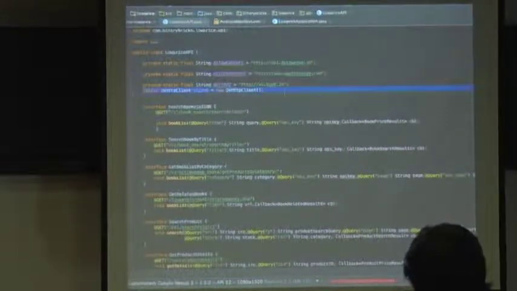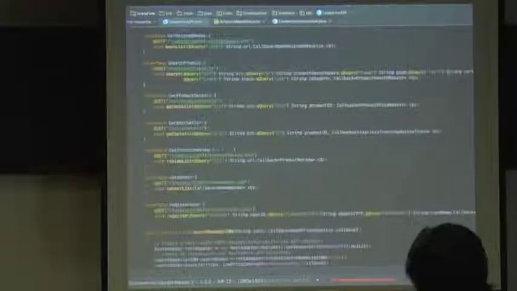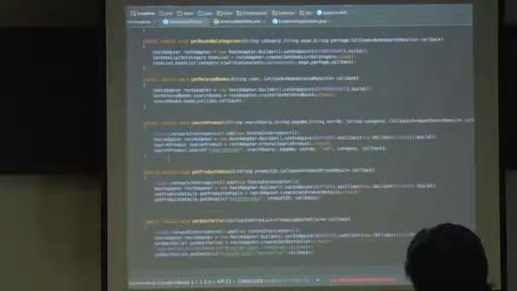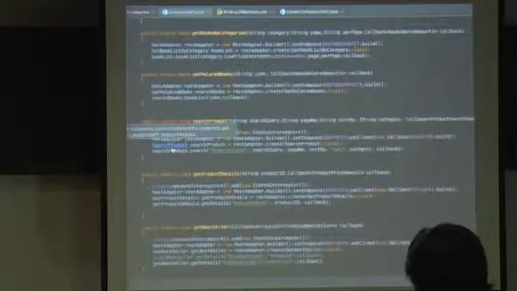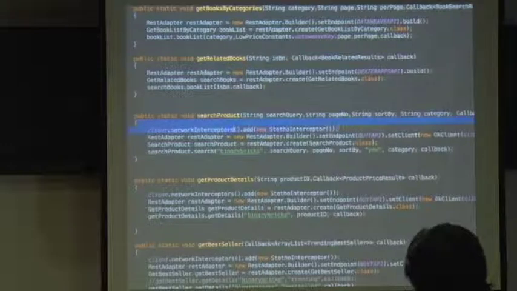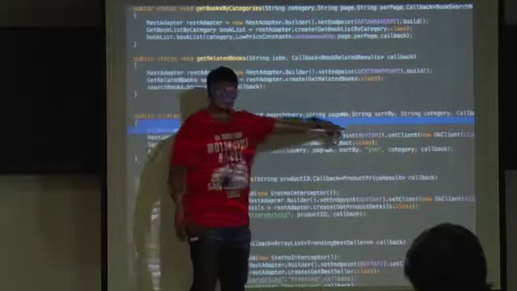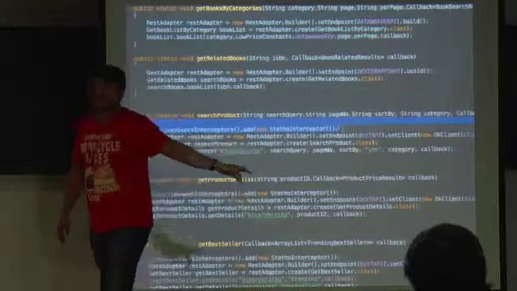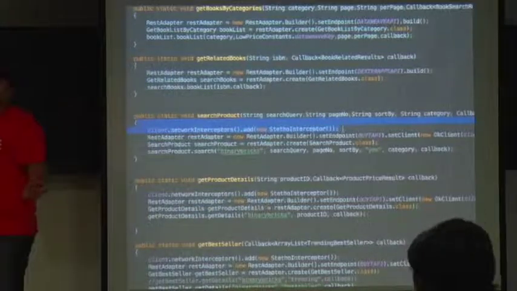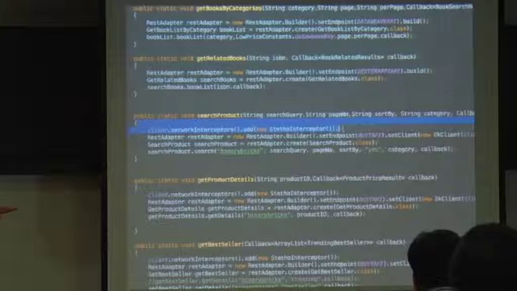I create a client of OkHttp, and wherever I want, I'll just add this line. Just see this line. I added this one line, client network inspector, and then all you need to do in Retrofit is add the client in the REST adapter itself. Very simple, 2 lines of code change, and it will add the network inspection in your code.